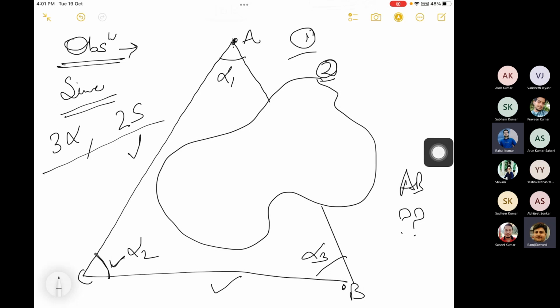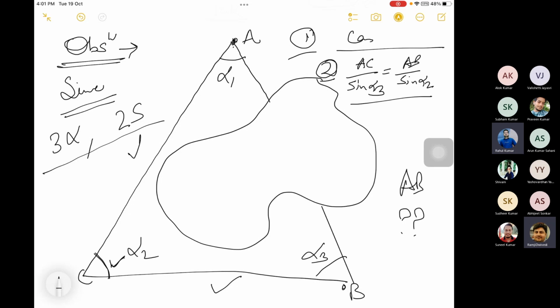सर जैसे कि AC upon sin B equal to opposite side का एंगल साइन, सर जैसे AC upon sin alpha 3 equal to AB upon sin alpha 2 और sin alpha 1। तो यही 2 केस की बात आप कर रहे हैं।